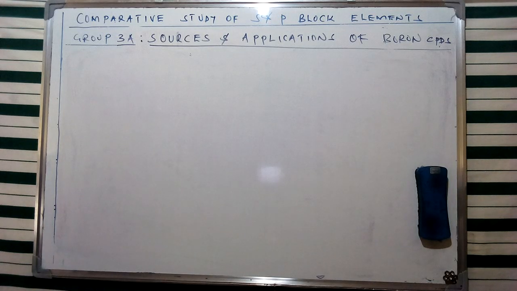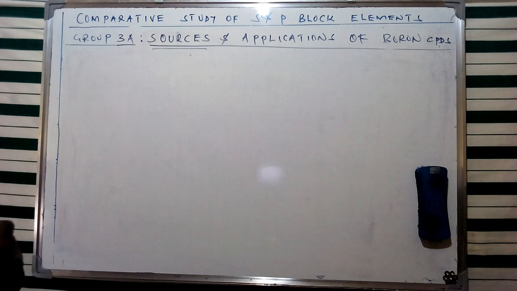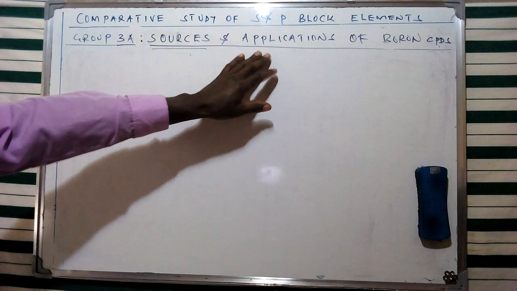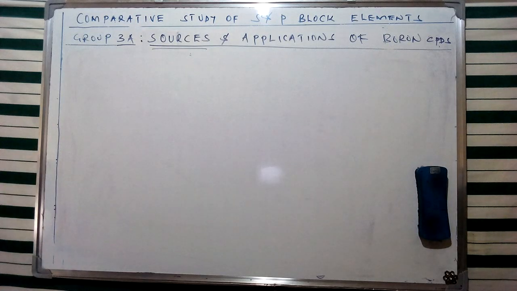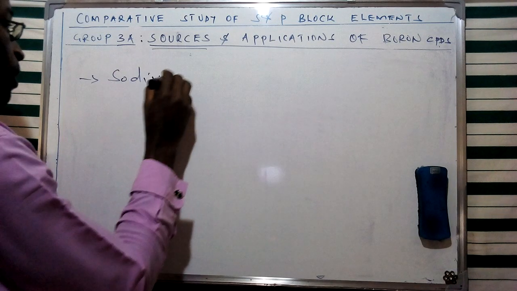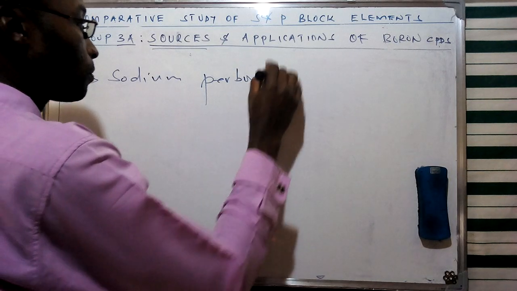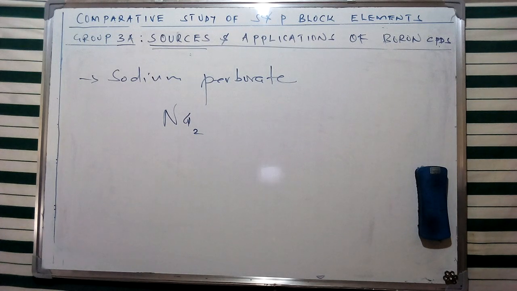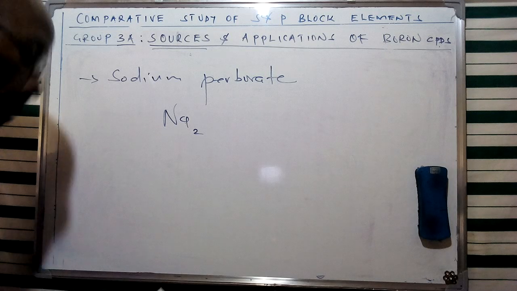Now, I've said that apart from these various sources having these particular compounds of boron, there are various applications, areas of use, for the compounds of boron that we are going to come across. One of the examples that we can give for this is sodium borate. And this is going to be one of the compounds which is going to find wide application, especially in the manufacture of bleaching agents in the soap and detergent industry.